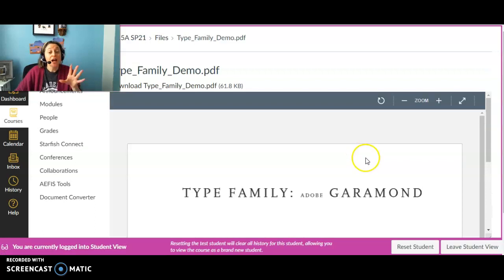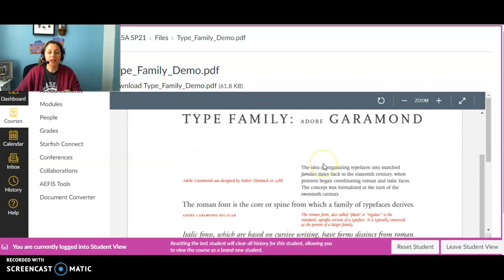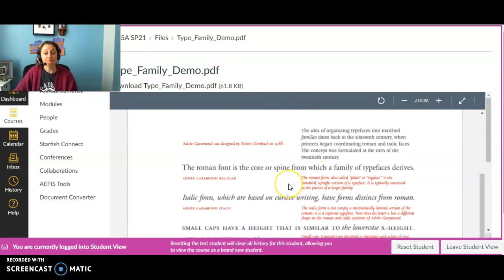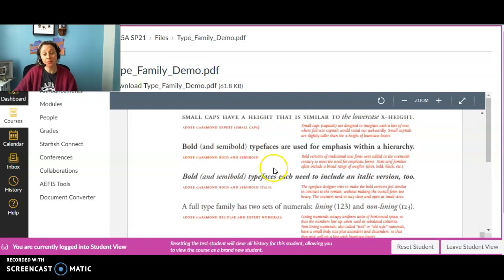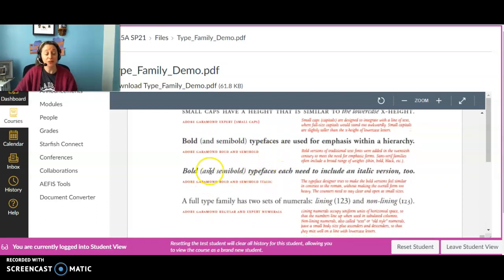We're going to talk about type families, right? So we're continuing our work with typography. A type family essentially is a specific font and the variations of that font. So this is a Garamond. Adobe Garamond is a font. As you can see, it's a serif font. It does have serifs. And so these are the different looks available: regular or Roman, italic, small caps, bold, semi-bold, semi-bold italic, or bold italic,